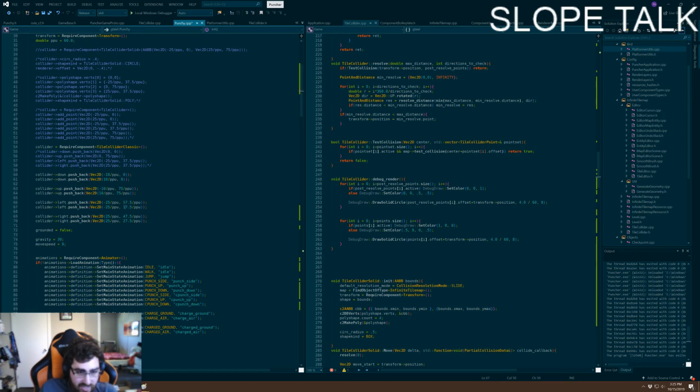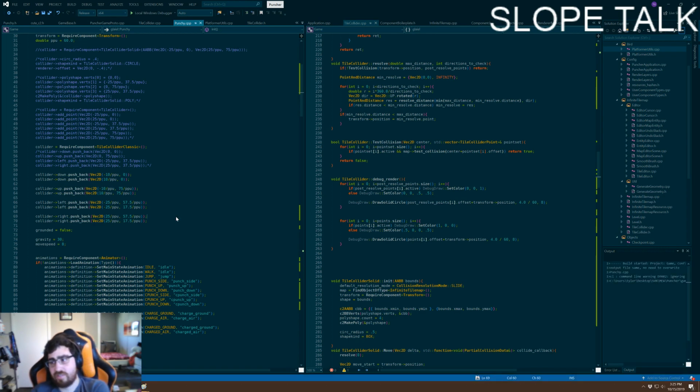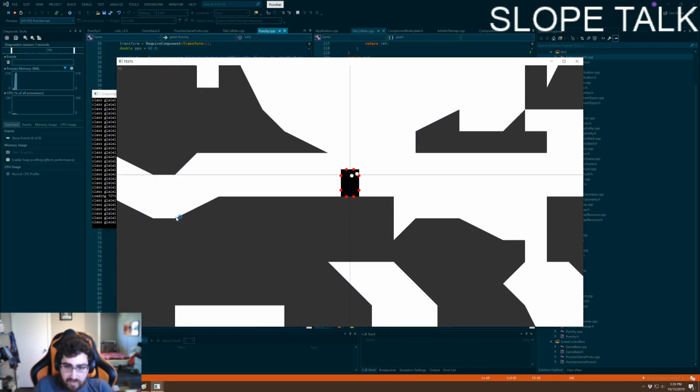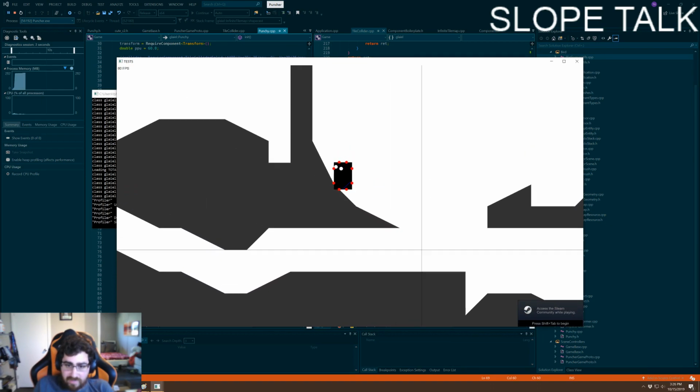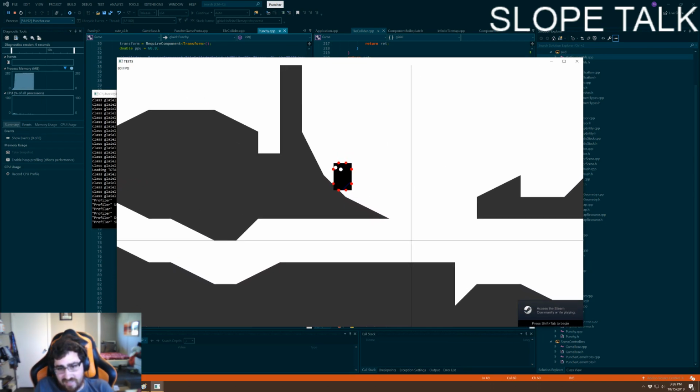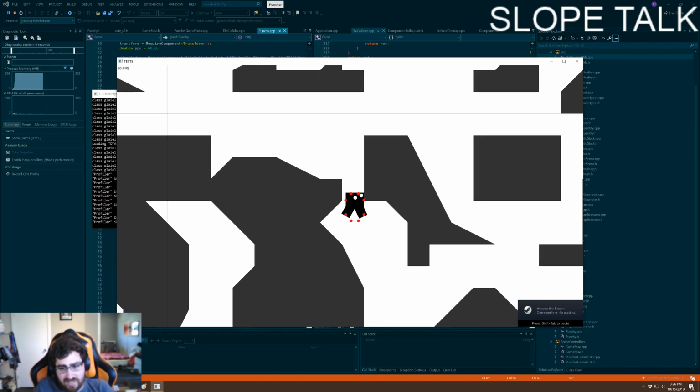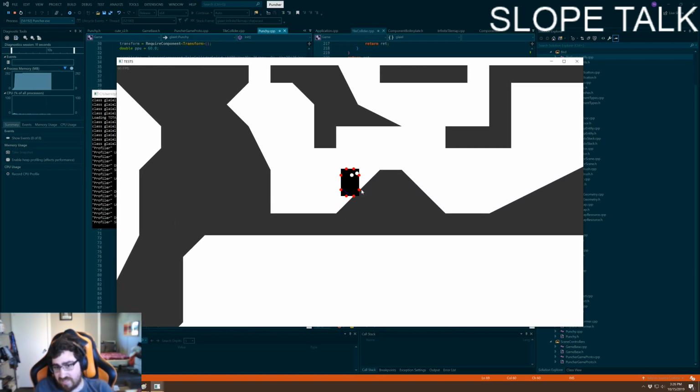Let me just change this. Change the edge collision probe positions and make it a little bit wider again. Just see what it does. Yeah. One of the things is that that is weird, because these two points are really close to the length of the slope, so it kind of depends how fast you're moving which one ends up... he'll be pushed up the slope if he moves and the bottom point intersects with